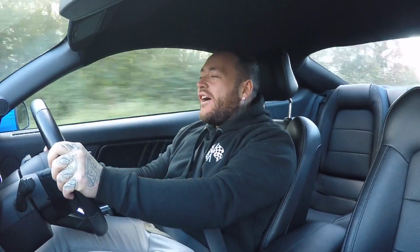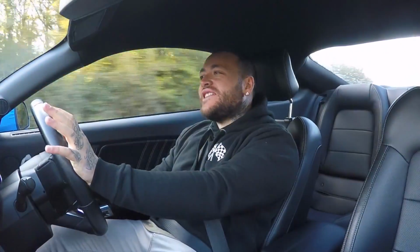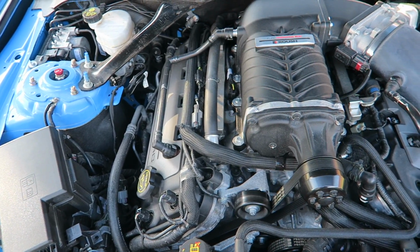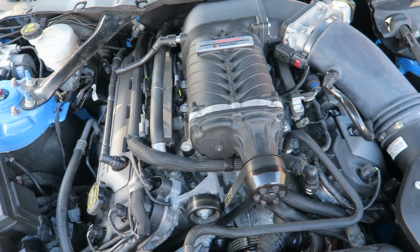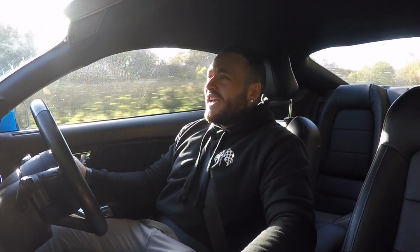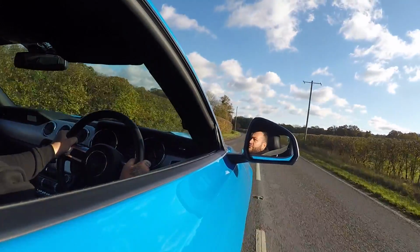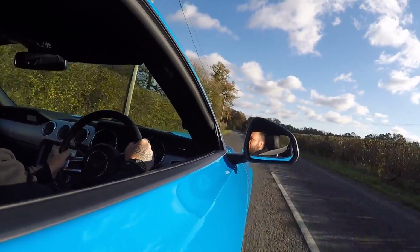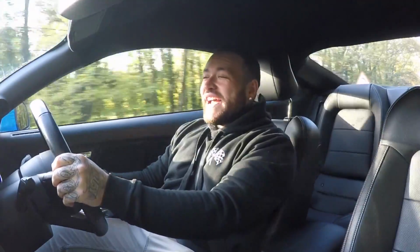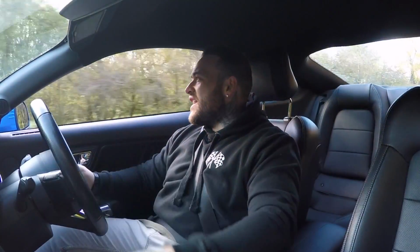Says a lot about this car. Now, 700 plus brake horsepower, claimed 780 from Roush with the 727R supercharger 5-litre Mustang GT. I think the standard Mustang is pretty silly. I've had a little go in one, haven't brought one to the channel, so this is actually the first one that I'm going to be bringing, and it's supercharged with a set of coilovers totaling £18,000 worth of modifications on this Mustang. Insane amount of money, but as you can see by my face as I entered the video there,